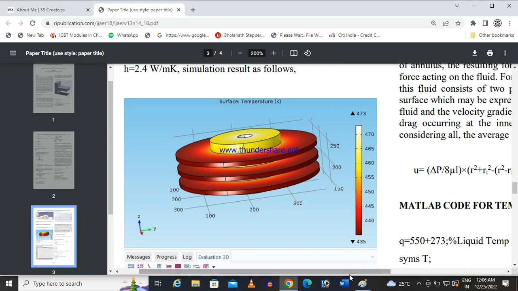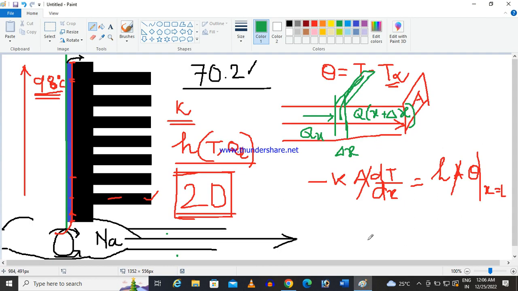Now if you plot, say this is the x-axis, temperature will be very high, and while it is going away, it comes down. Similarly, if you plot the temperature in the annular path,